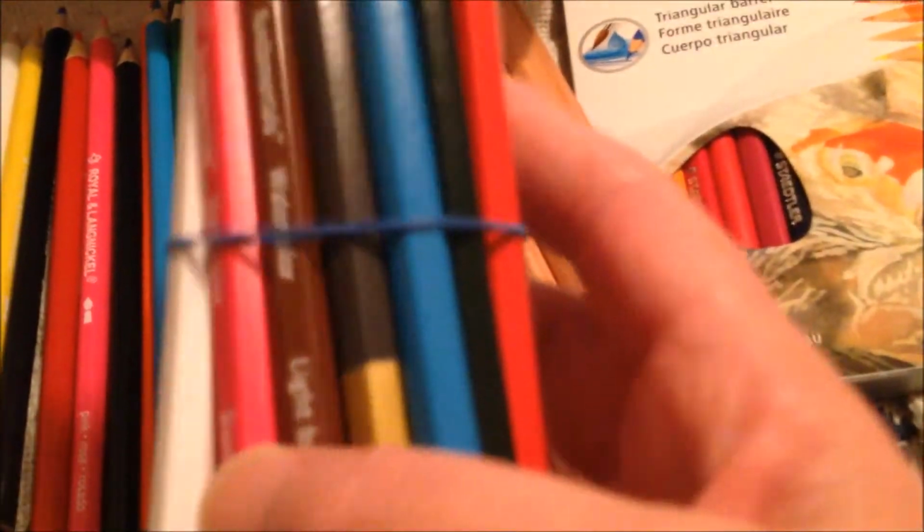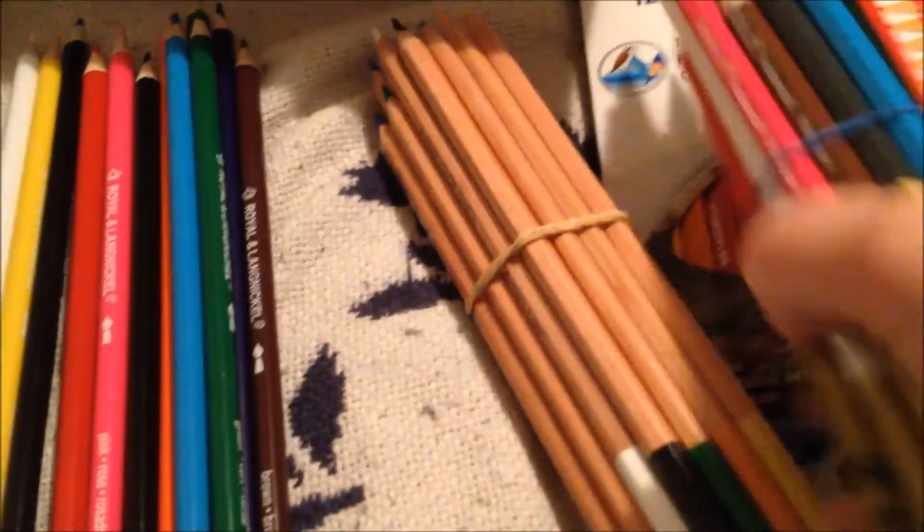And I have the 24 set. Now if you look closely, you can see where I've colored and tried to take the wet brush and make it flow, but as you can see the pencil marks. I would not recommend these even for the price. You can see